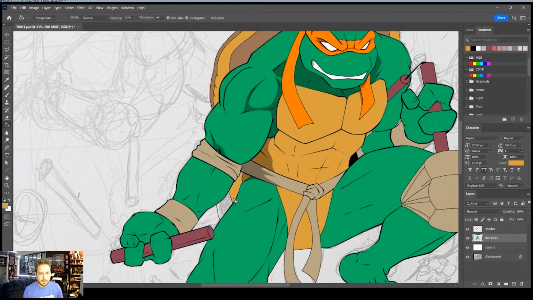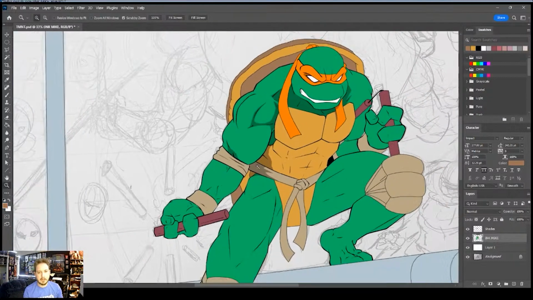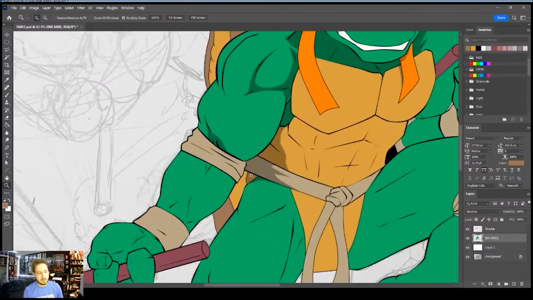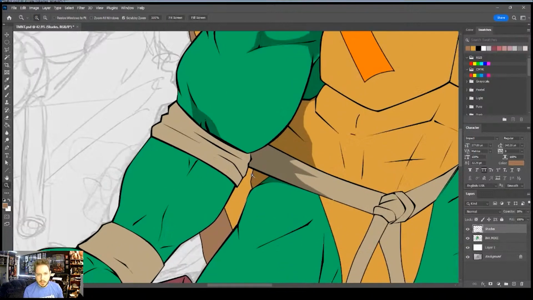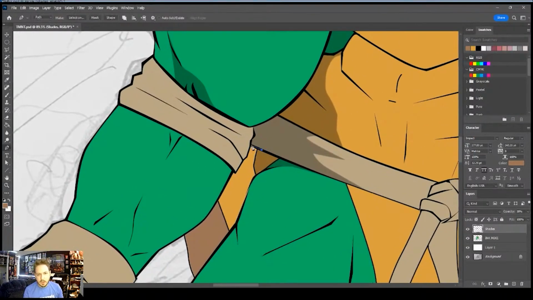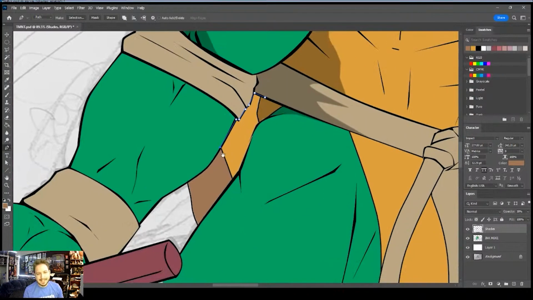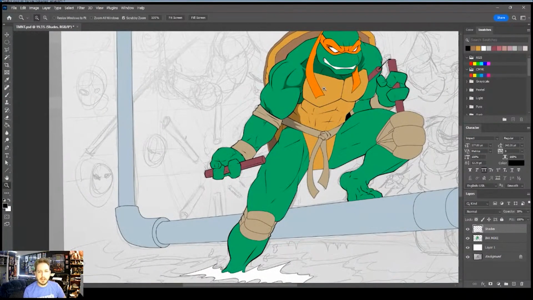Then we're going to fill that in, and then we're going to fill the shell part in for the back here. Okay. And then once we get into our shades layer again, we can fill that in, because that is technically going to be not necessarily right behind him, but we don't need to highlight that spot too much. And we want that to blend in with the part of the shell that is, hit D. We're going to fill in the part of the shell that is shade down here,